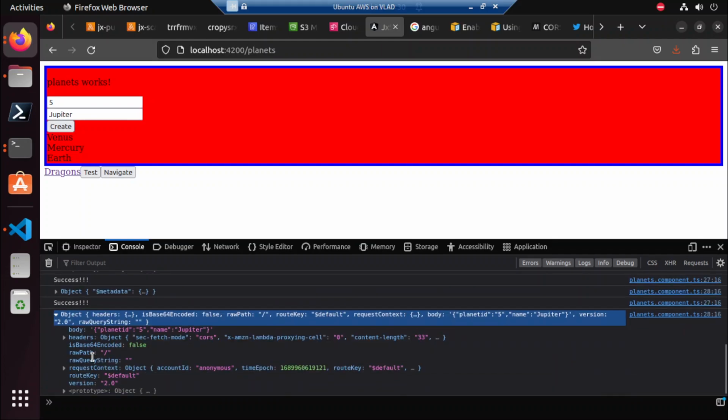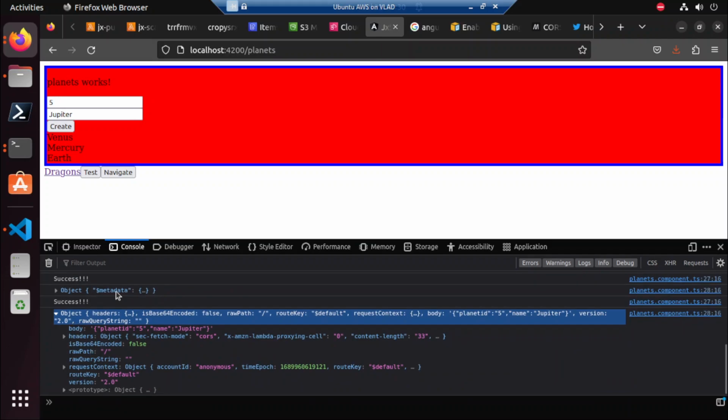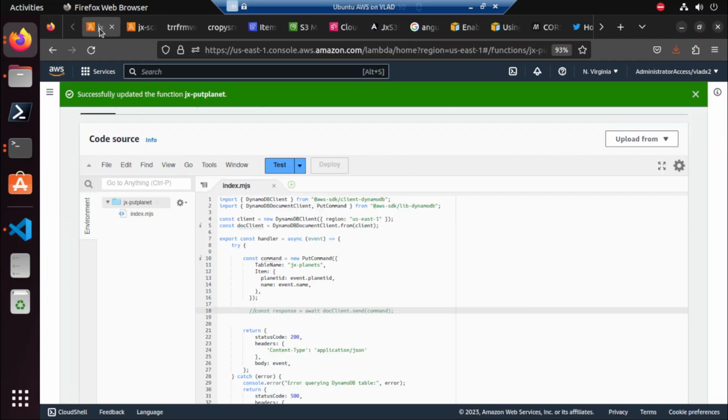So this is the response. It should be the body. So let's go here. Let's still display it as a response here, and then this one in here should be